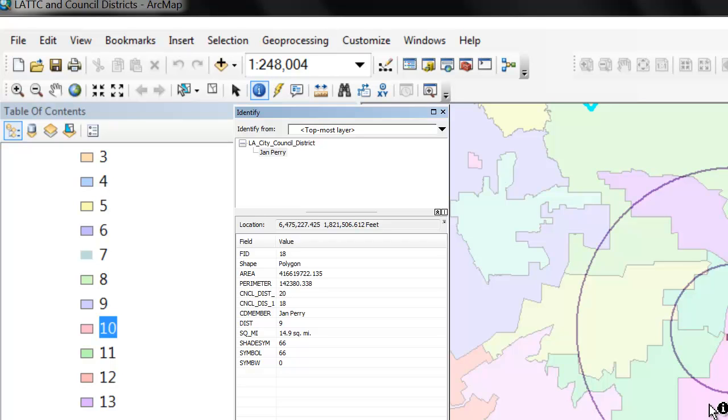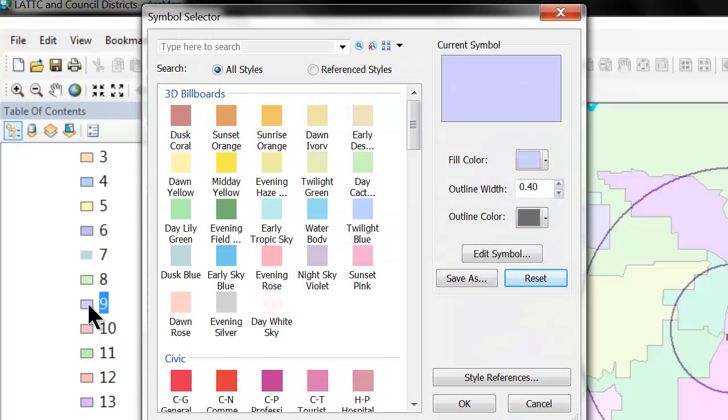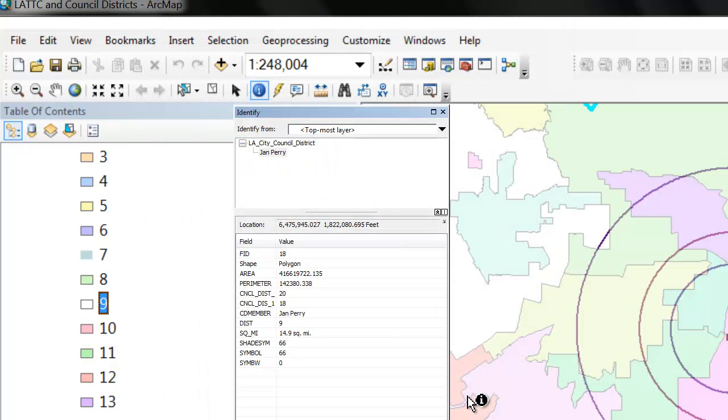One way I'm going to do this, now that I identified this one, it's kind of interesting here. There's District 9. Notice how here we have it under District 9. We can make it have no color and apply. But notice how here it's telling me District 9. So there's a lack of correspondence between the color of the district, the information of my database, and how I have it here in my